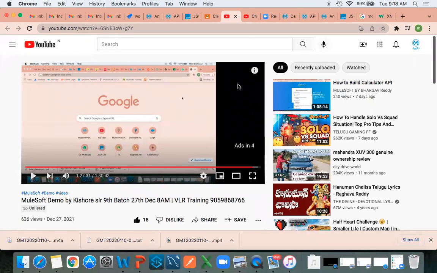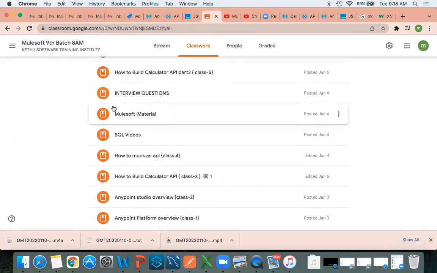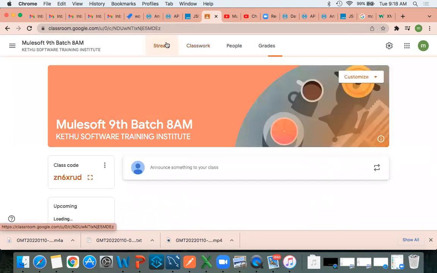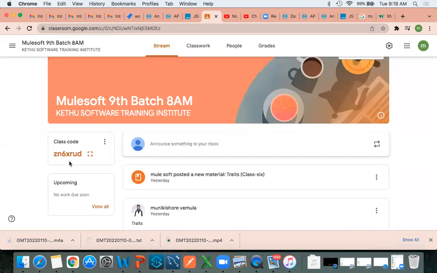Here, guys, we need to enter the class code, right? It is asking for the class code. One second. Why is it asking? So this is the class code. You can enter this. It will allow you. Or else just take a snap and share it to your friend also.